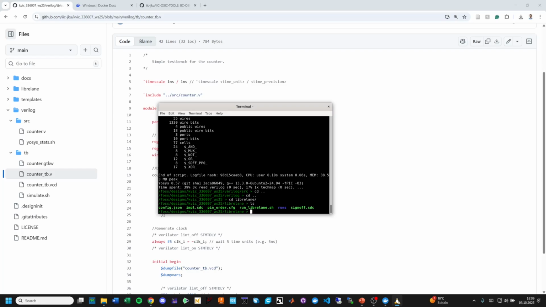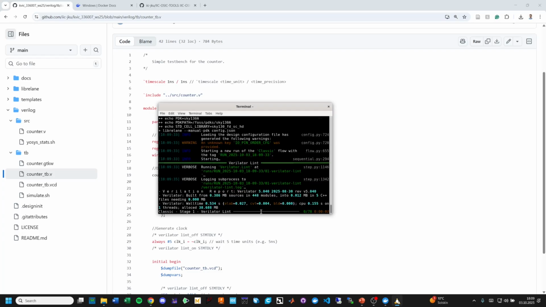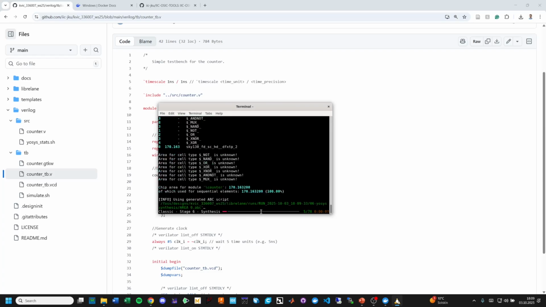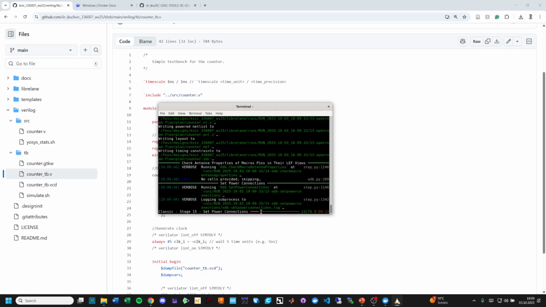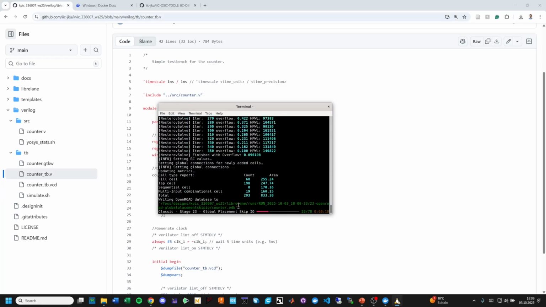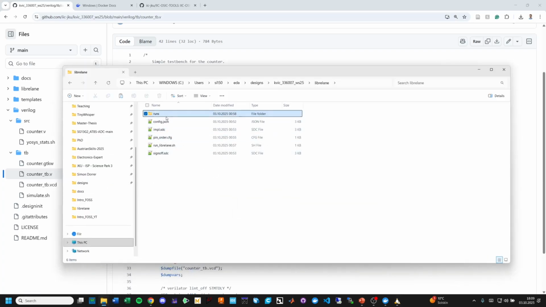we can execute again the provided shell script. In this case, just run underscore librelane dot shell. And now we see the different stages. We have 78 stages from synthesization to floor planning, place and route, clock tree synthesis, and whatnot else. And to skip this, in the meantime, I'll show you